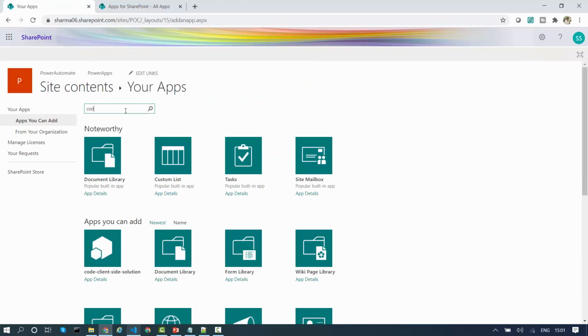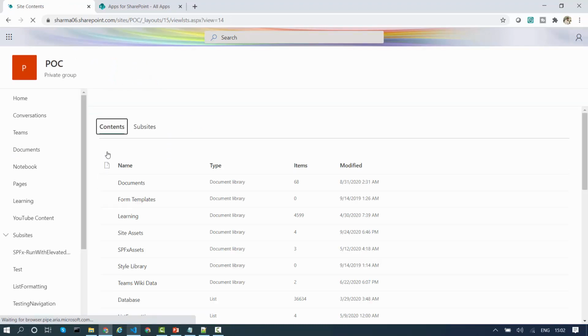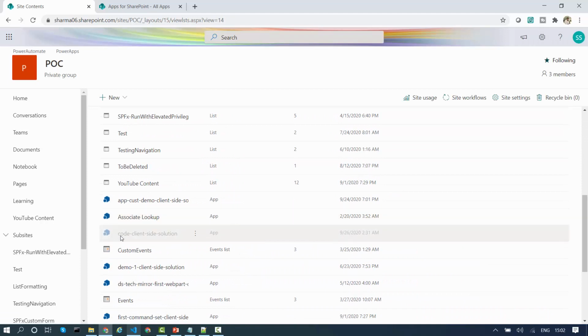So I'll search for it, code. Now I have to go in whichever site collection I want to add. I want to go and add manually. If I use tenant wide deployment, I do not need to perform this step. Automatically it will get deployed to the entire tenant. So over here it will show you that deployment is in process. So it will take some time.